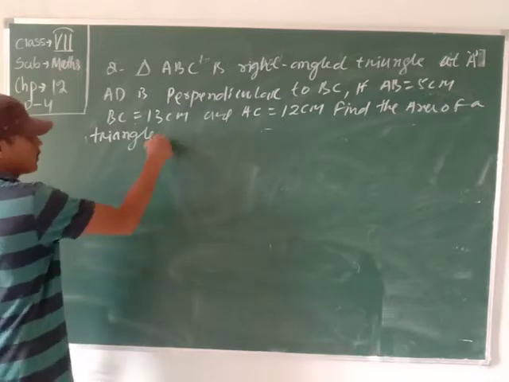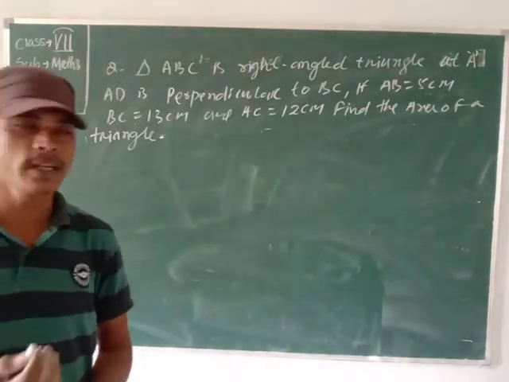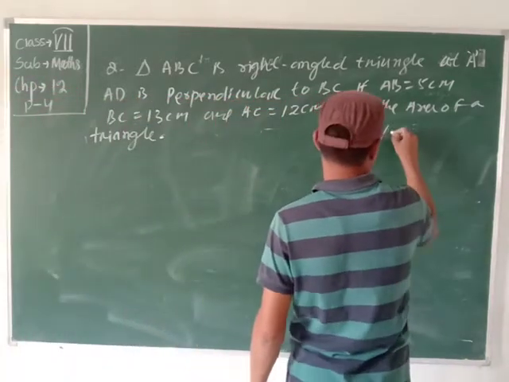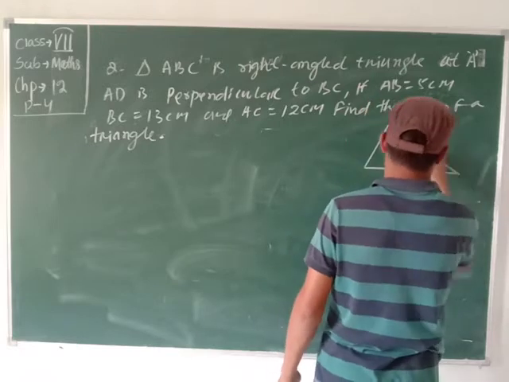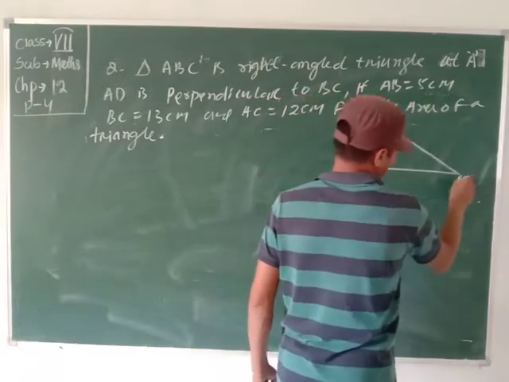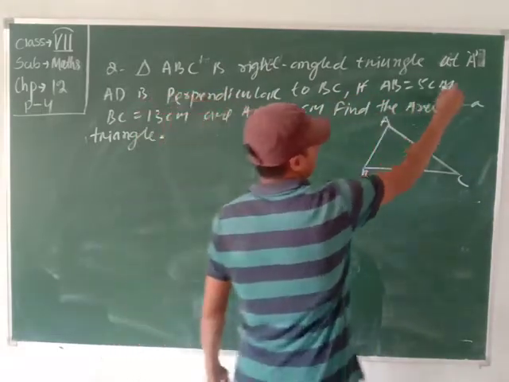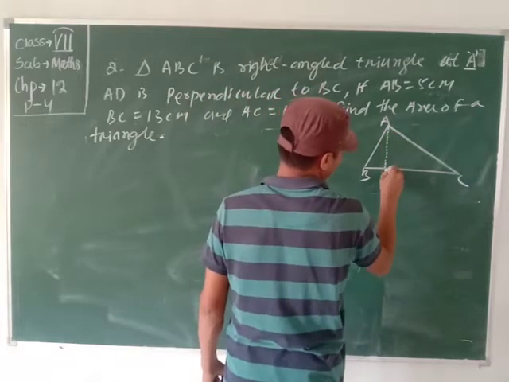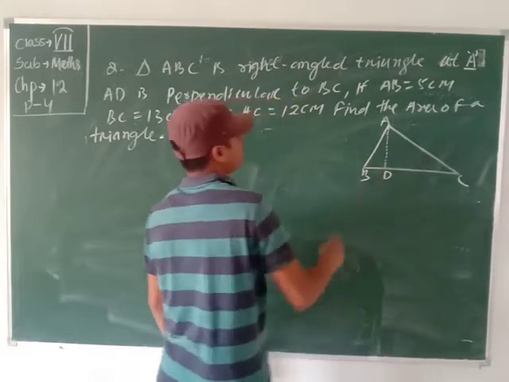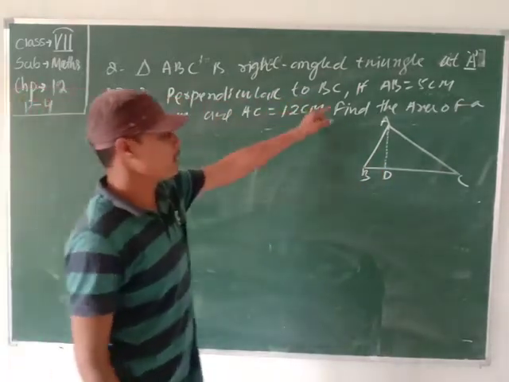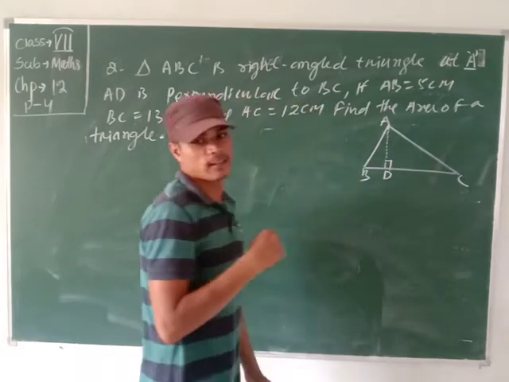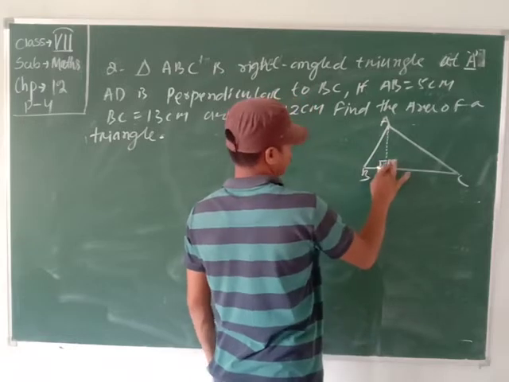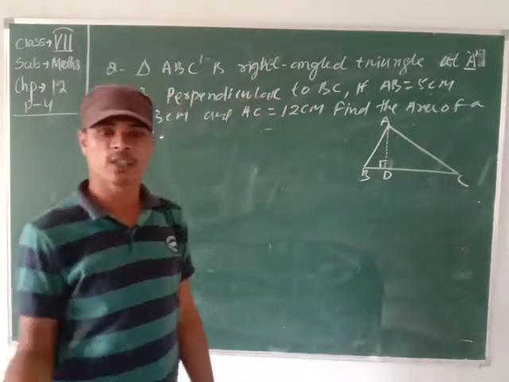Here is the question. How can we find the area of a triangle? First we draw the triangle according to the given measures. When we construct the triangle, here A, B, C. Then AD is the height. That means here is D. AD is the perpendicular. Perpendicular means it is from a right angle, that means 90 degree. So here the 90 degree is there. Now both sides 90 degree. One side 90 degree, then the opposite side is also 90 degree.